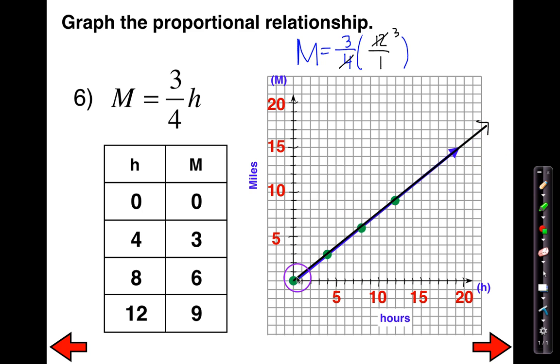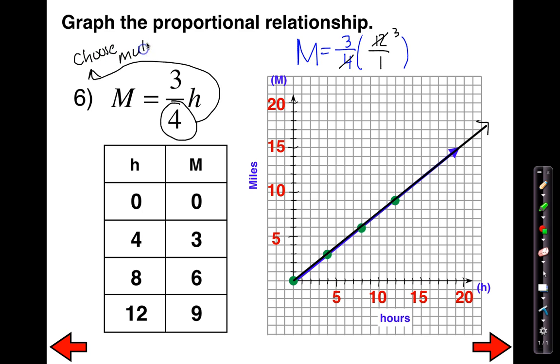Now, do things look good? Definitely. Why? Because it goes through the origin and it's linear. Now, why did I choose all of these numbers? I chose all of these numbers so I can get whole numbers as an output. But how did I come up with 4, 8, and 12? If you haven't already noticed yet, what I purposely did was I took a look at my denominator and I made sure to choose